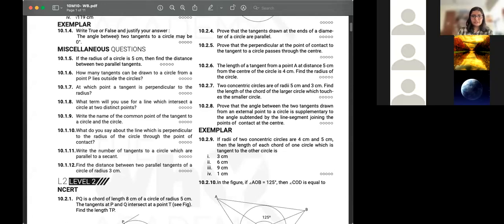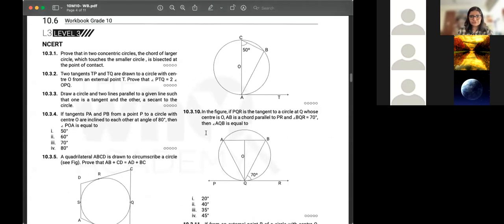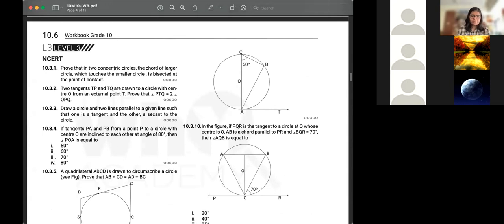Okay. Level 3 questions. Level 1 and level 2, all of you were able to solve. So level 3. For NCERT, I'll skip a lot of them because you would have done them in class and been given them as homework also. If there's any specific question that you felt was difficult or did not understand, we will tackle that. But more or less the easy questions, something that you can do on your own, I'll just skip for now.